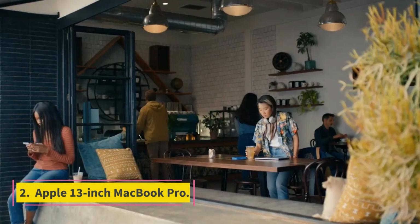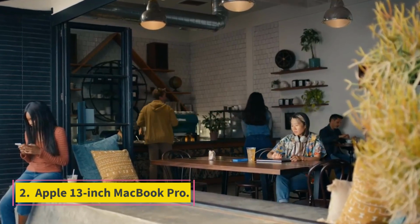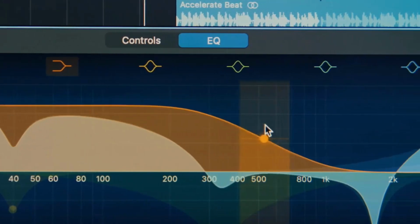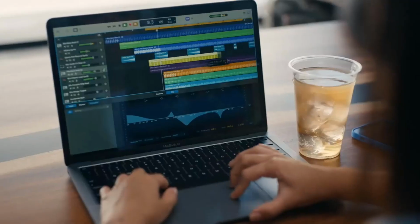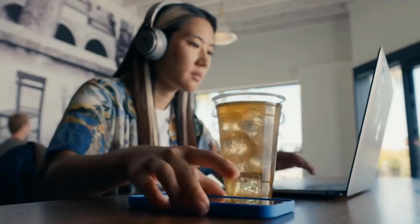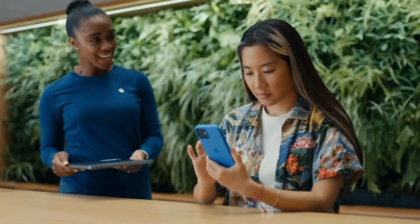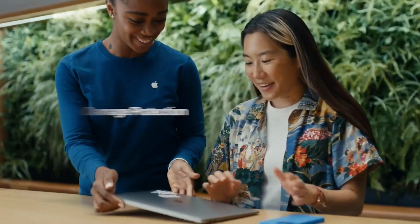Number 2. Apple 13-inch MacBook Pro. The 13-inch MacBook Pro boasts a muscular M2 chip capable of handling most video projects, and its compact size makes it ideal for YouTubers who like to work while maintaining a fast-moving lifestyle. The 13-inch MacBook Pro delivers solid video performance while remaining small enough to make and post YouTube videos from the